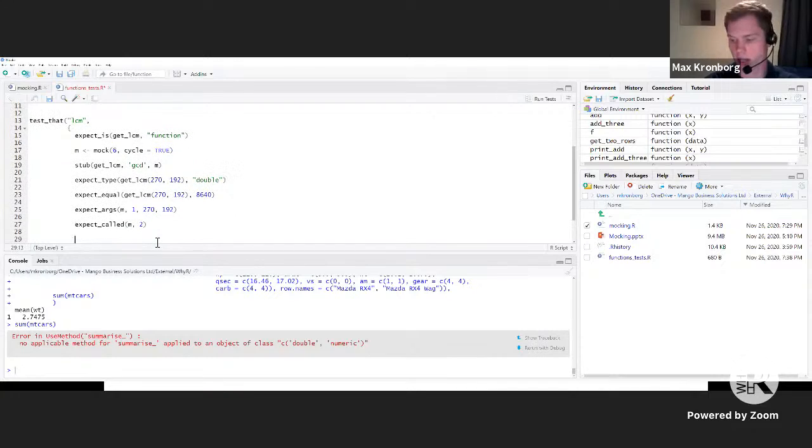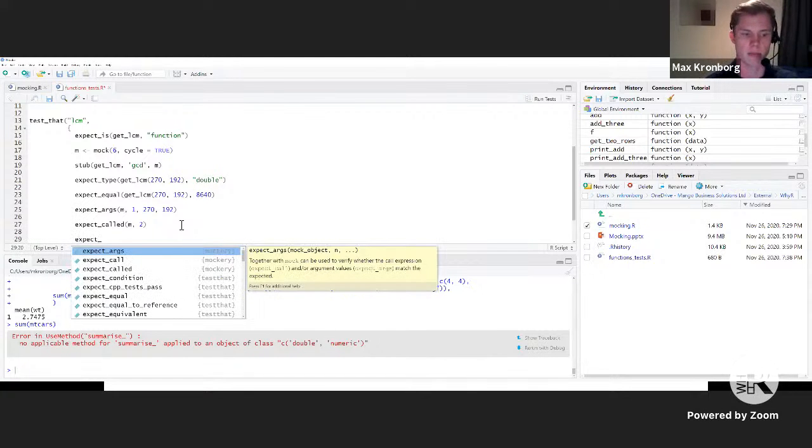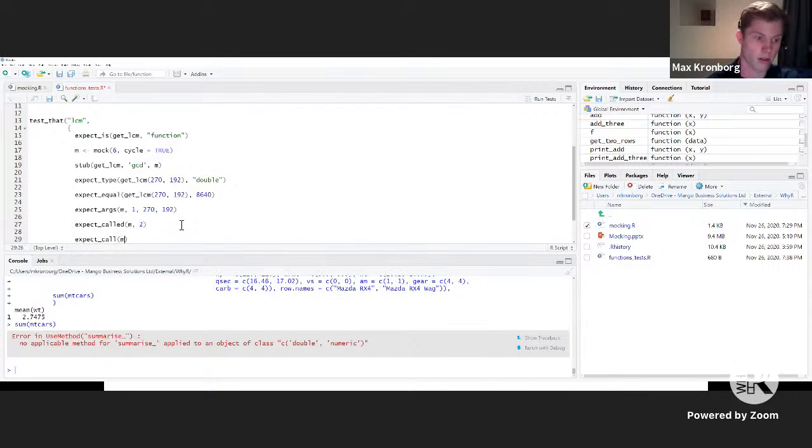So we're checking this. And then finally, we can check the signature that's called, which is maybe not as pressing at this point because we're checking the arguments as well. But it's another functionality that's provided by Mockery. So we're using these top three functions we get from Mockery. So we think that the call to M on function call number 1 is going to be GCD of X and Y. Those are essentially the tests we're going to be running.